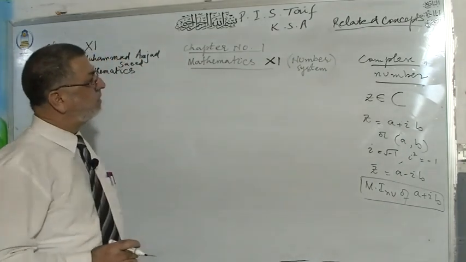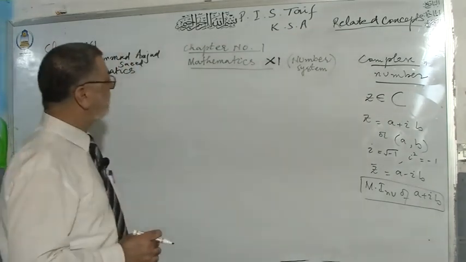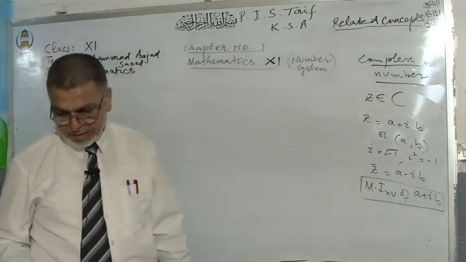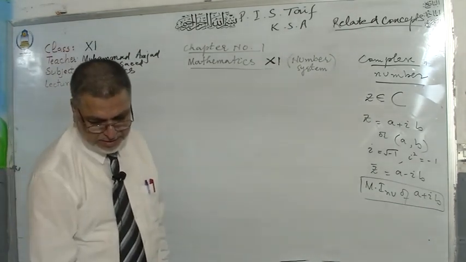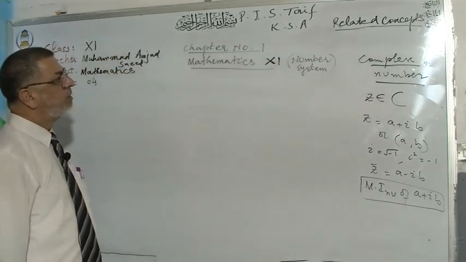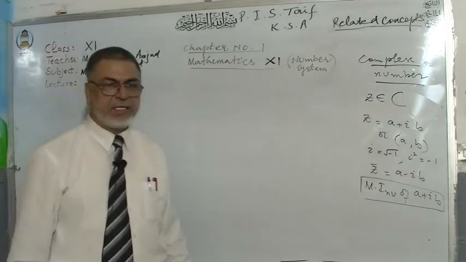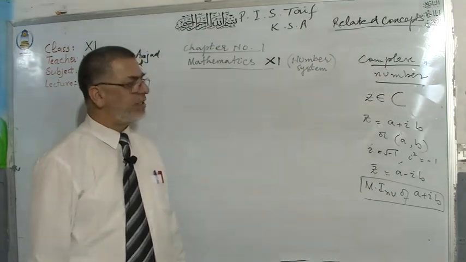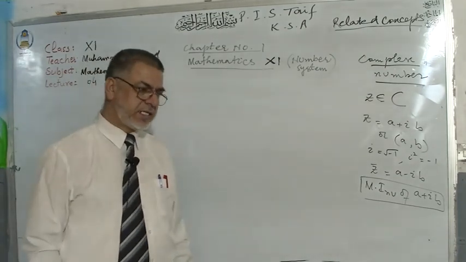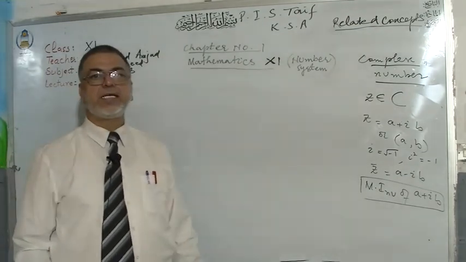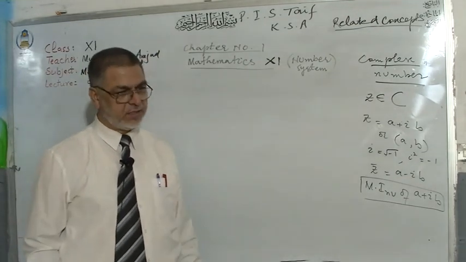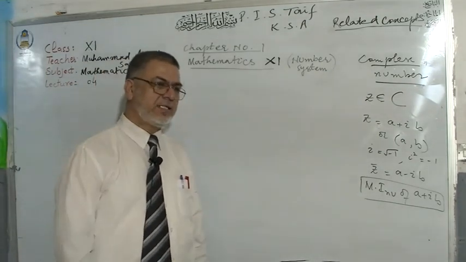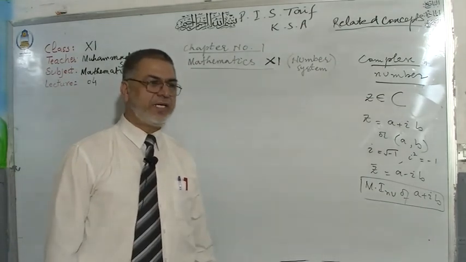And we have today's lecture number 4, first year class mathematics, number system. Before we start formally our exercise 1.2, I want to give you some idea. Basically, you have this idea explained in detail in class 9th, exercise 2.5 and 2.6. You have used complex numbers in 9th class, exercise 2.5 and 2.6.